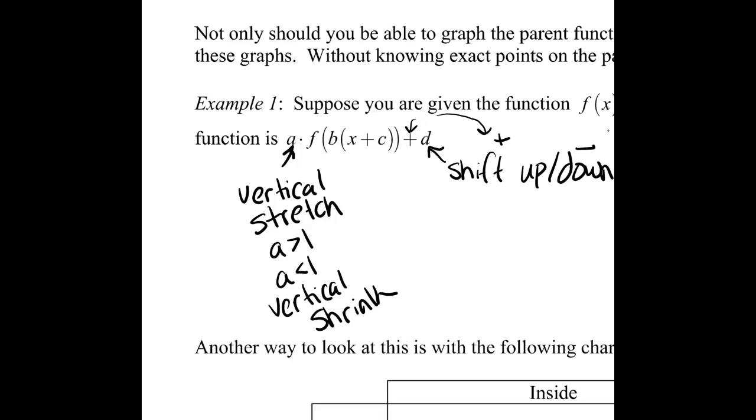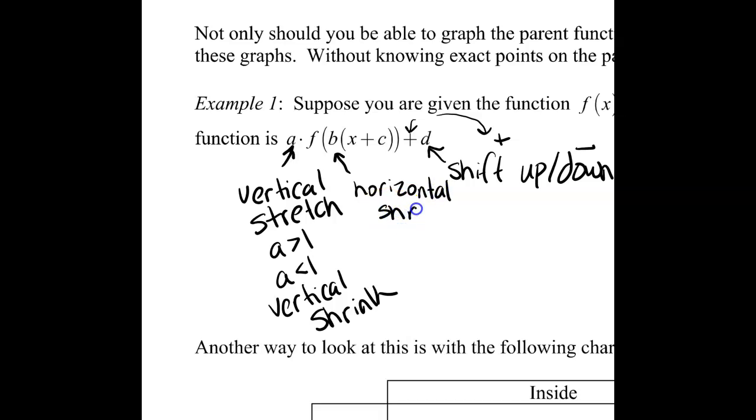Alright, so going inside, just meaning the inside of f, I've got b and c. Inside always is weird because it does the opposite of what we think it would initially. So instead of affecting our vertical, it's actually going to affect our horizontal. So b is going to be my horizontal